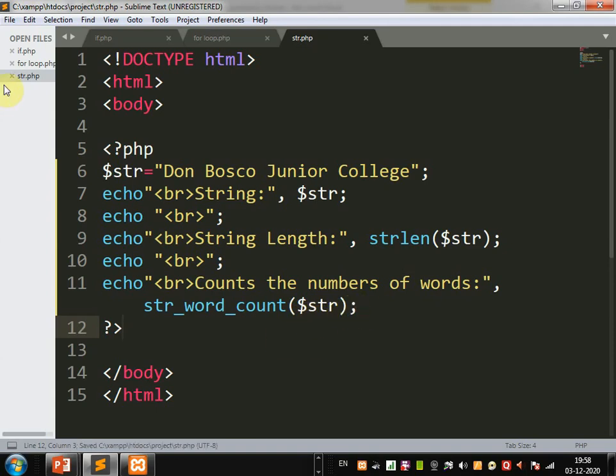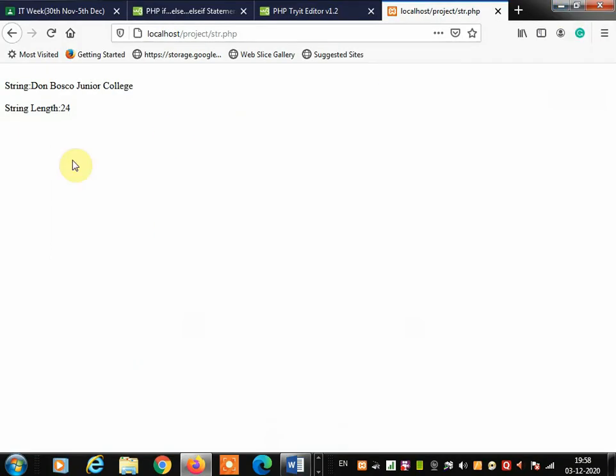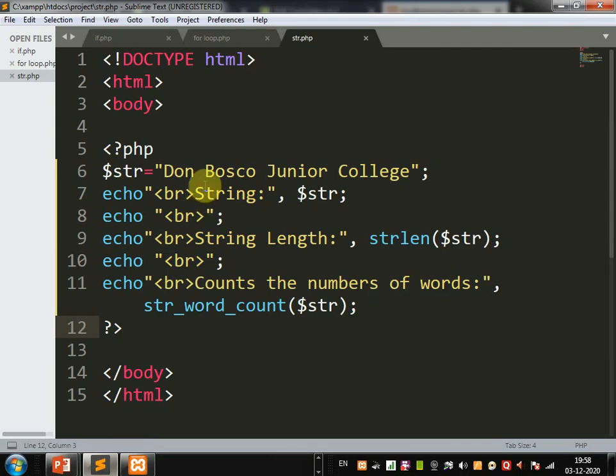Now save this program, refresh the page and check the output. The counted number of words is 4. How many words are there? Only 4 words. You can check: Don Bosco Junior College. Don is the first word, Bosco second, Junior third and College fourth. Altogether 4 words are there. So this is the use of the str_word_count function.